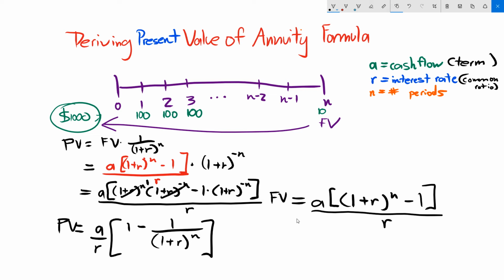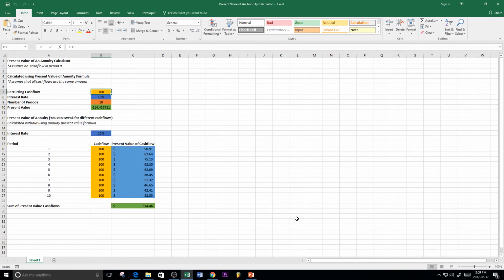And now I'm going to show you a spreadsheet that you can use. This here is the present value of an annuity calculator that you can use. If we're assuming you have the present value of an annuity with the exact same cash flow every time, you will see that this is the formula that we just derived. And if you wanted to change the cash flows up, not so much an annuity, but annuity with different cash flows, you can use this one as well. This calculates the present value. You can see that the longer in the future you have, the more you have to discount the amount of money, and then this is the sum of all of the